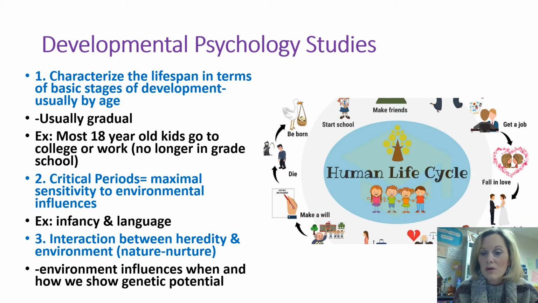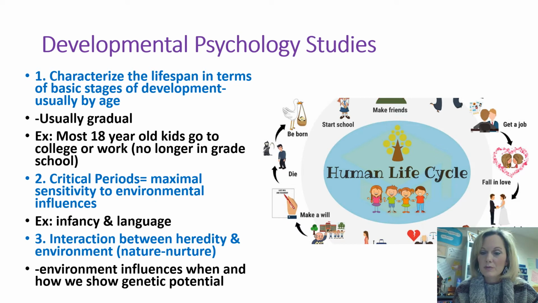What do kids do around 5 or 6? Think about that. What do kids do around 5 or 6? They go to kindergarten. So that first one is really about what normally is happening at a relative age. If somebody is 15 and they're going to college, that's something very different for that child. Maybe they're very gifted and are going off to college much earlier than their peers. That can have some developmental consequences as well.